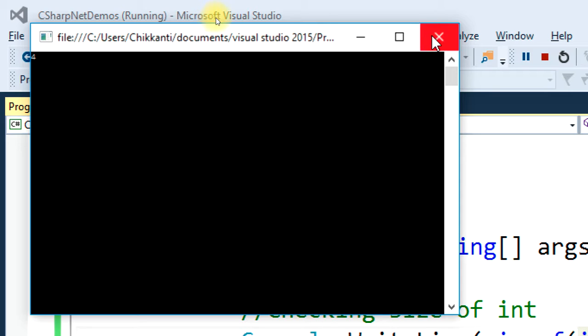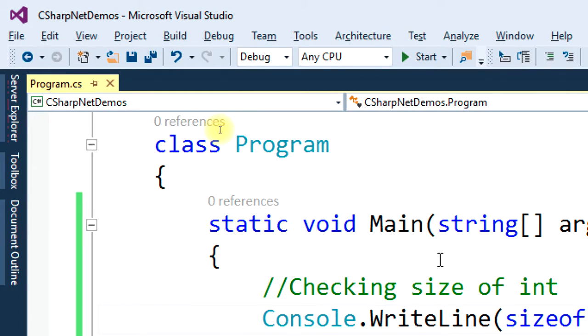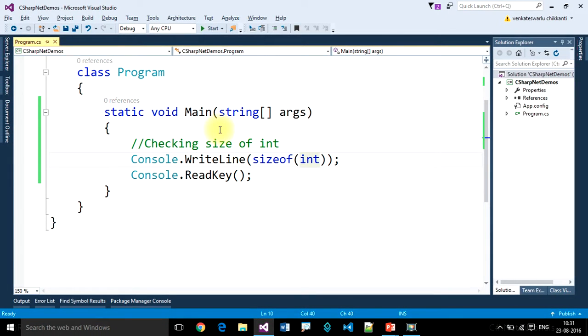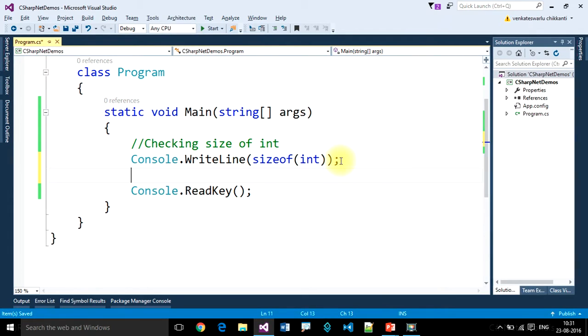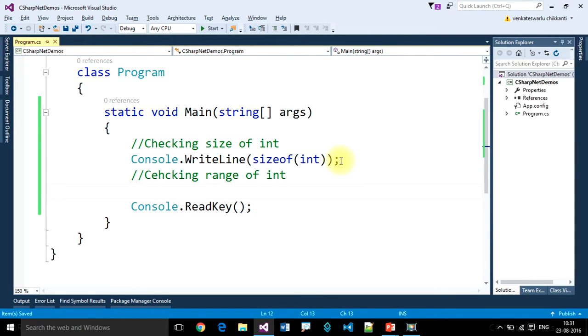4 means 4 bytes. So with 4 bytes, we don't know from what value to what value it will store. So we need to find out the range. Checking range of integer means from what value to what value it will store.